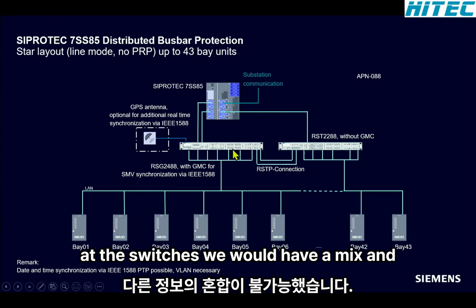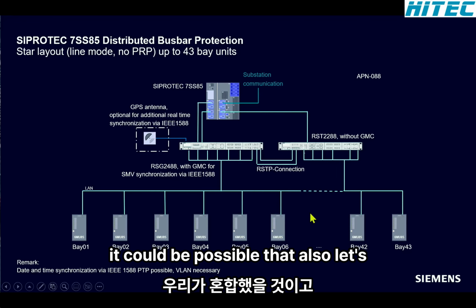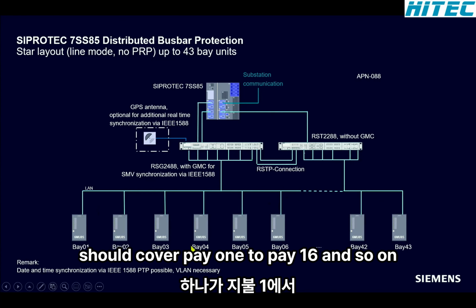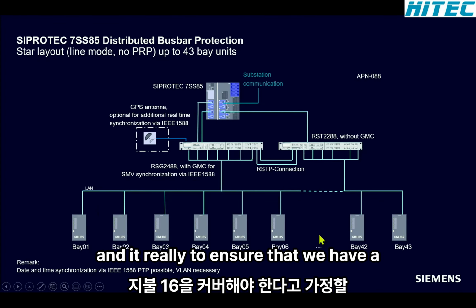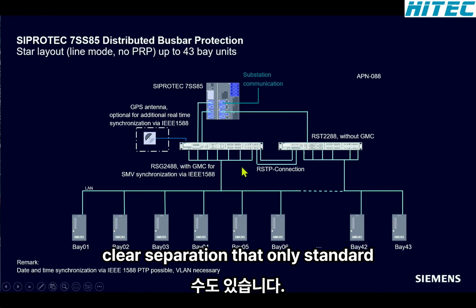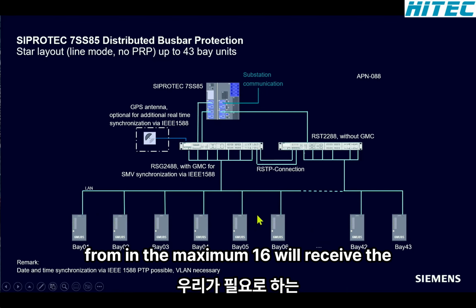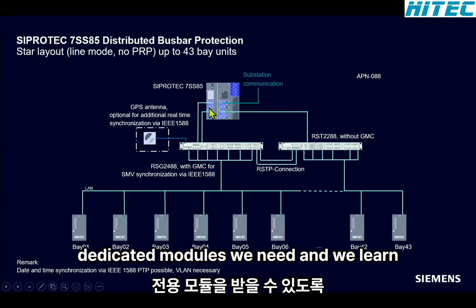Here at the switches, we would have a mix, and it could be possible that, let's assume, Ethernet BT module 1 should cover bay 1 to bay 16 and so on. And really to ensure that we have a clear separation, that only standard measured values from a maximum of 16 will reach the dedicated BT modules, we need a VLAN configuration